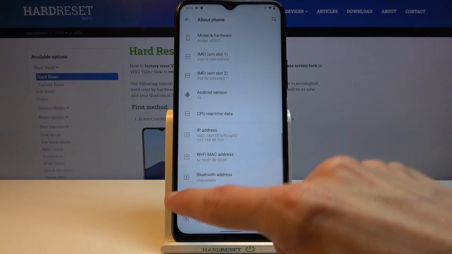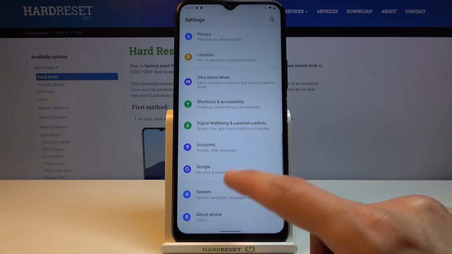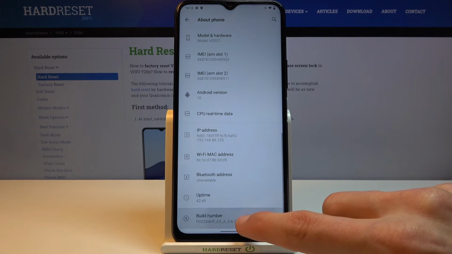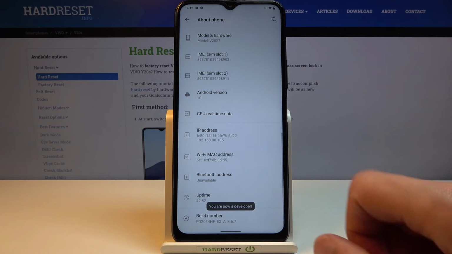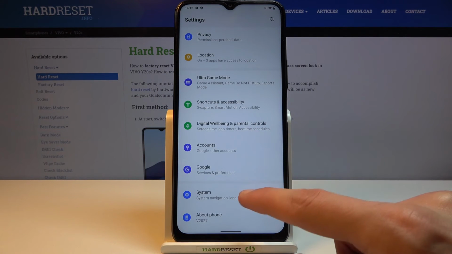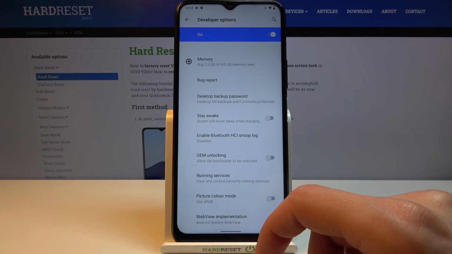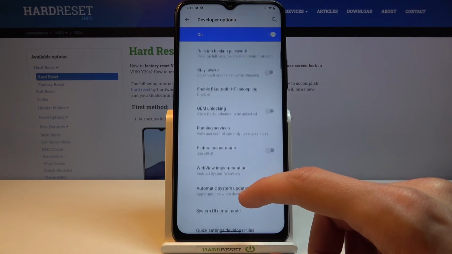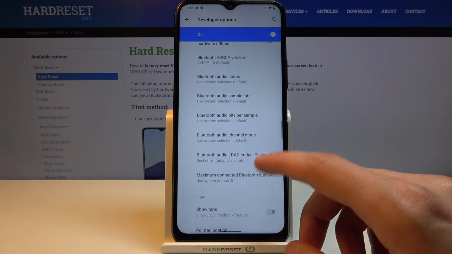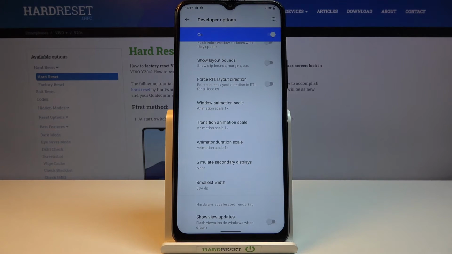So to do it, as you can see, we're now in About Phone. So settings and About Phone, scroll all the way down to build number, and you want to tap that 7 times. It will give you a message that you are now a developer. And from here you want to go back, go to System, choose developer options, which should now be in the system options. And from here you want to scroll down to, there we go, window animation scale, transition animation scale,